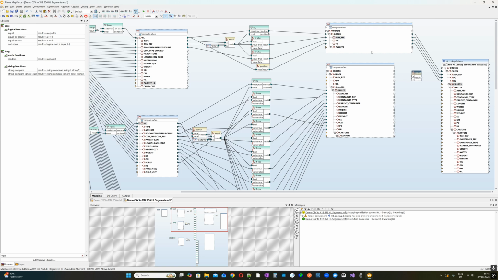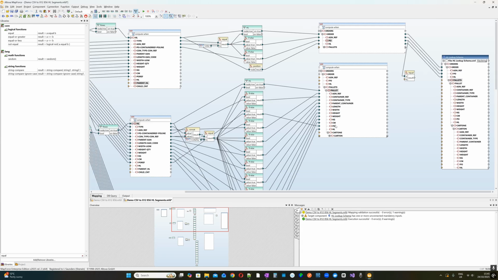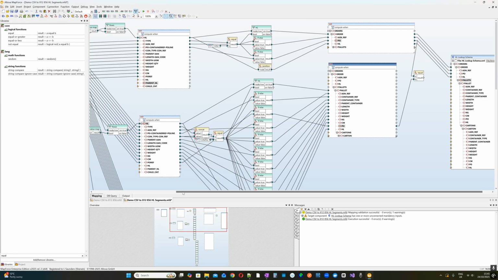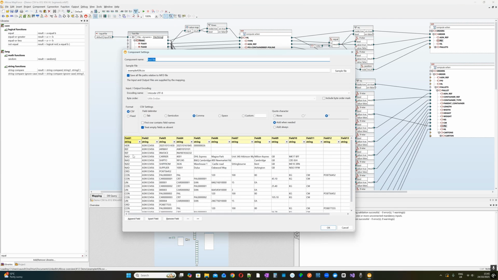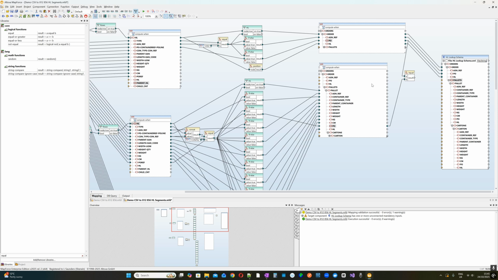Well, we can do that based on the PO number. We want the palettes where we have a PO number from the order which matches the PO number on the palette. Because if we go back to our file format here, we can see that our containers for palettes contain our PO number. So we've got that linking reference. And if that is equal,